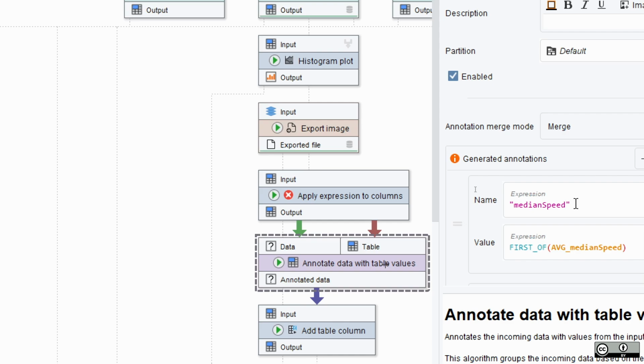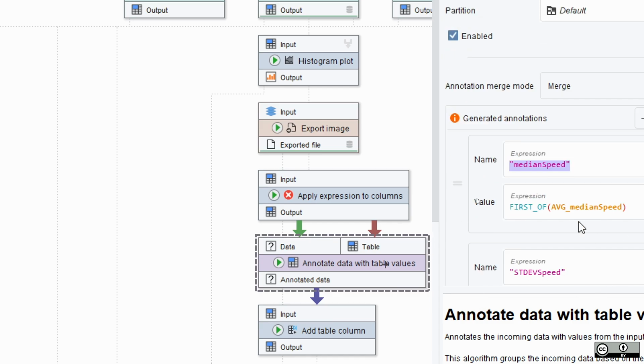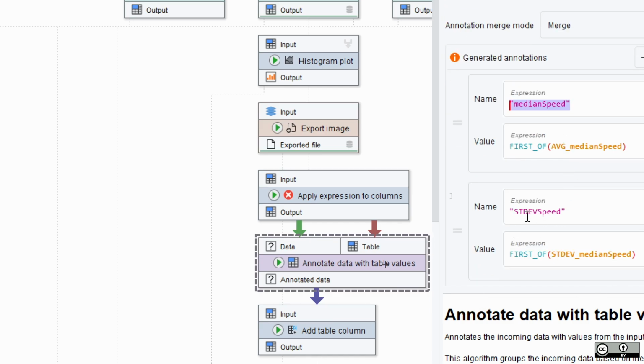Why? Because later maybe I will have dozens of videos and I want to limit my further analysis to some with certain median speed. And then I will use this annotation for that. So this is a very easy way to add an annotation. And I also generated another one, which was the standard deviation. So how much does the speed